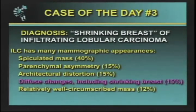And it presents as a relatively well circumscribed mass about 12% of the time. And it doesn't show any findings on the mammogram whatsoever about 3% of the time. So you can see it has a variation in appearance, but the shrinking breast is a striking one because